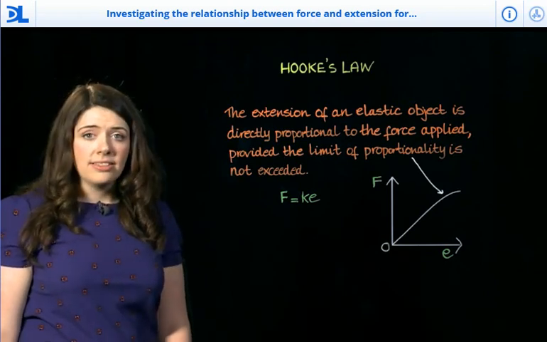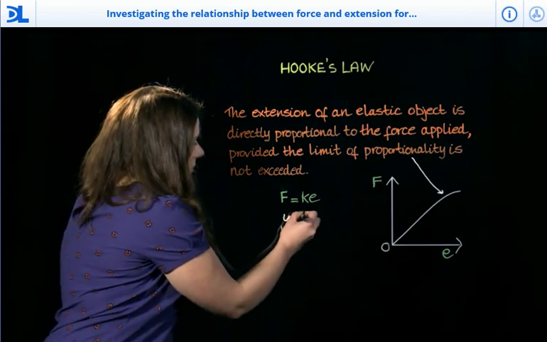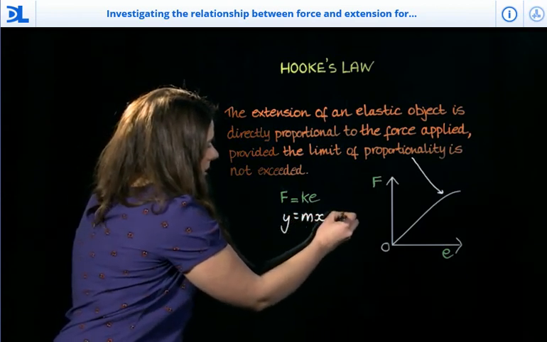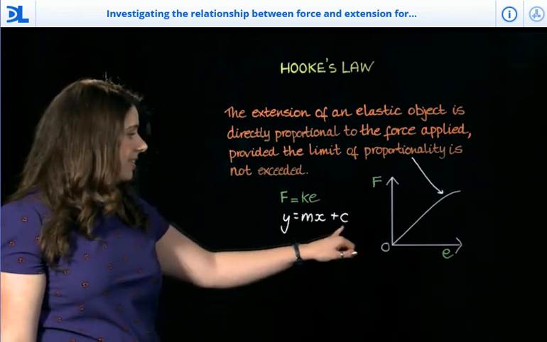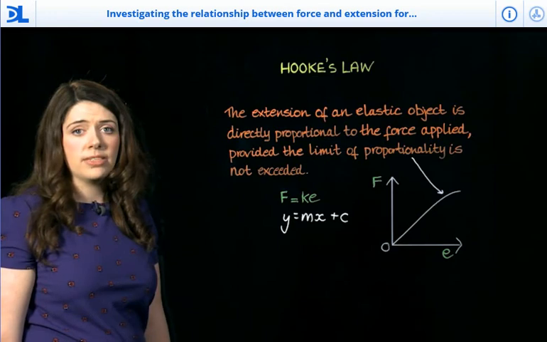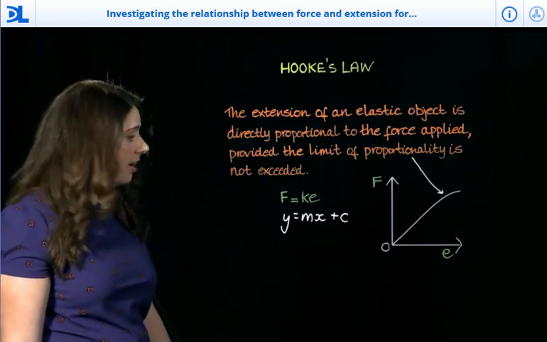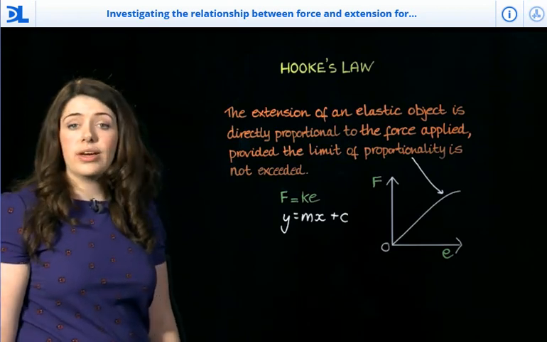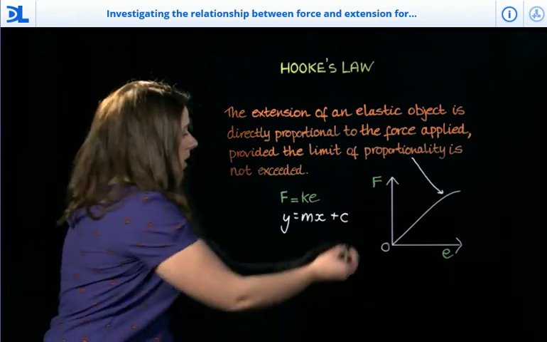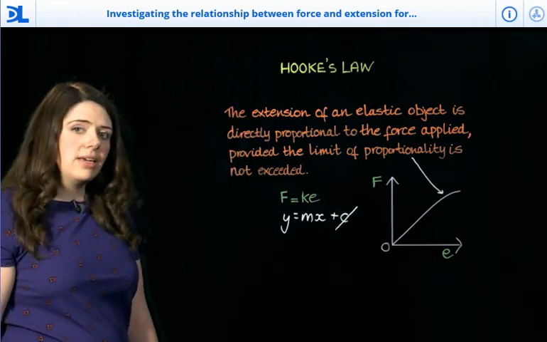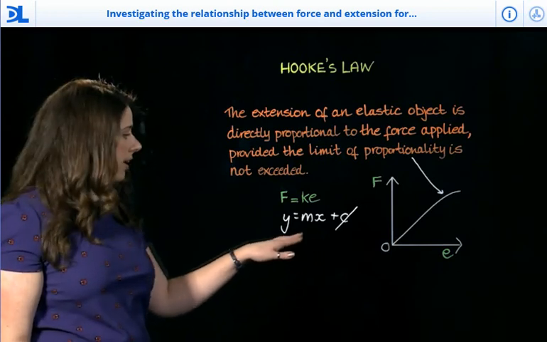Now, in maths, the general equation for a graph is y equals mx plus c, where m is the gradient of the graph and c is the y-intercept. Now, for the force extension graph here, and in fact for any force extension graph, if you have no force, there's no extension. So the y-intercept is at the origin, or at 0, so we can get rid of that. That means that for this graph, we just need to look at y equals mx,